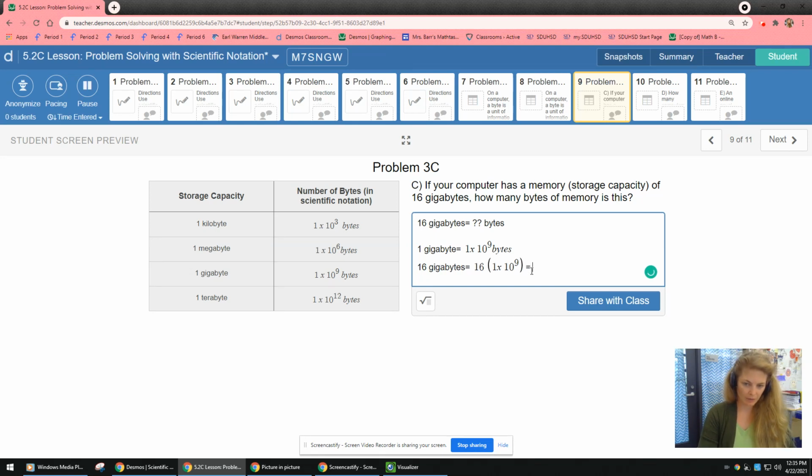So this is going to be equal to 16 times 10 to the ninth. And if we wanted to write this in scientific notation, that's 1.6 times, and remember, this 16 in scientific notation is really 1.6 times 10 to the first. So 10 to the first times 10 to the ninth gets me 10 to the 10th bytes,